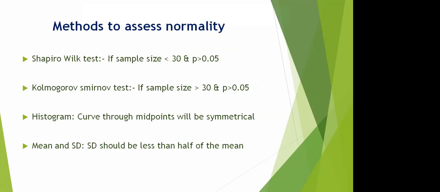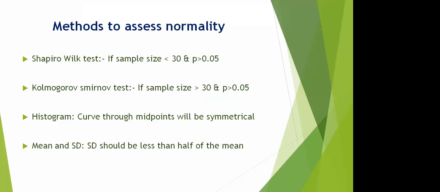We are learning statistics to analyze our data for research purposes. So how do we assess the normality of our data? While doing hypothesis testing, we should check the normality of our data first. Only then do we finalize the type of test to use. Based on normality, we decide whether to use a parametric or non-parametric test for the analysis. So how do we assess the normality of data?